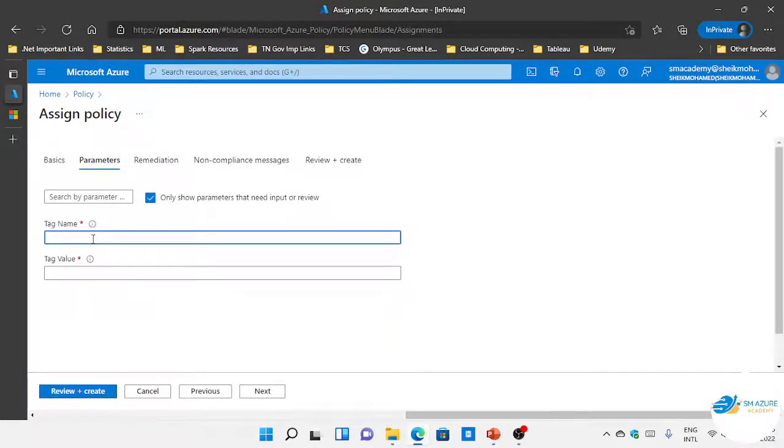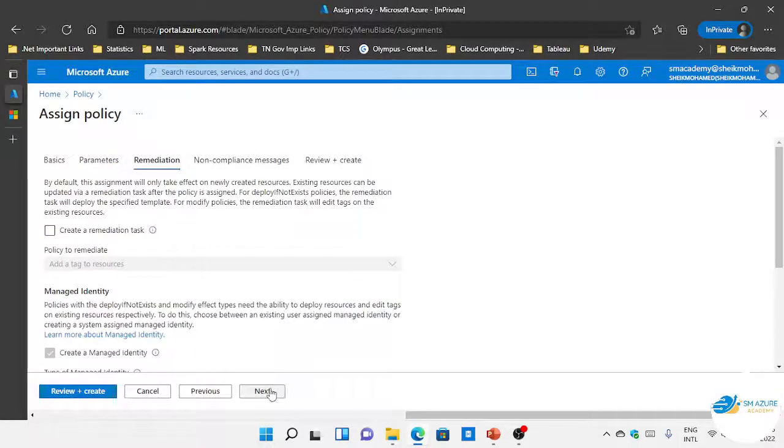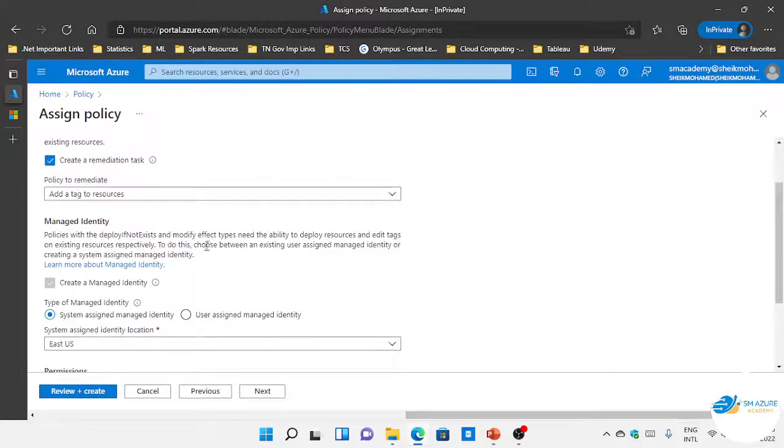You can provide, as I said, a specific tag and value that needs to be enforced. If you go on to remediation, you can create a remediation task here during the policy assignment itself. So what policy needs to be remediated? You have to check this, and